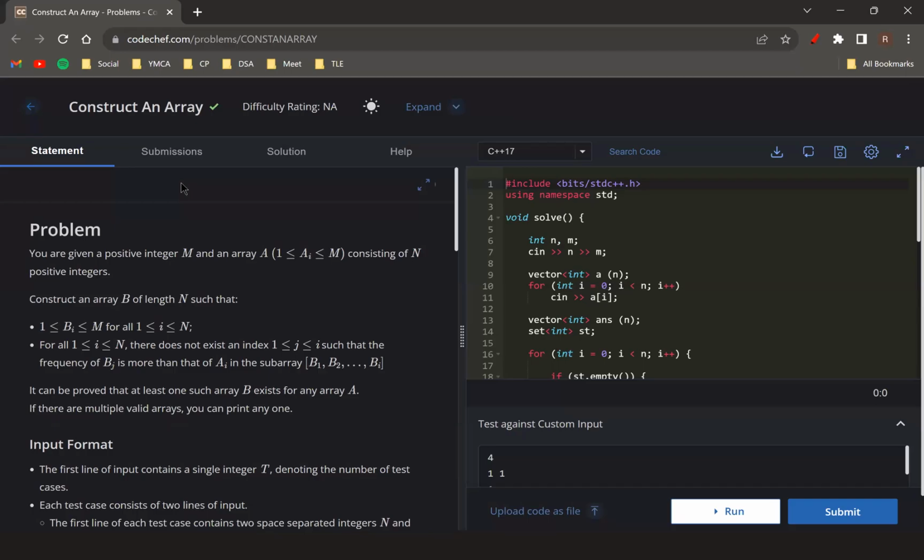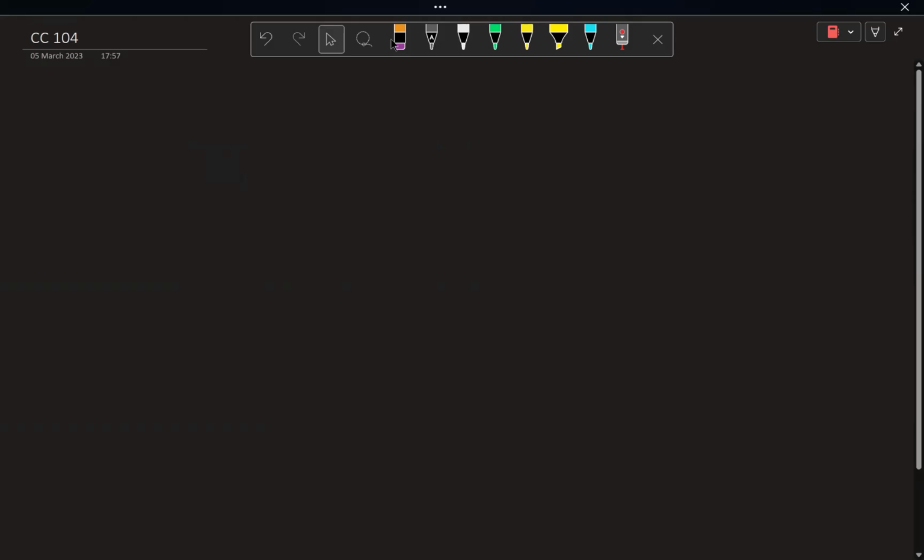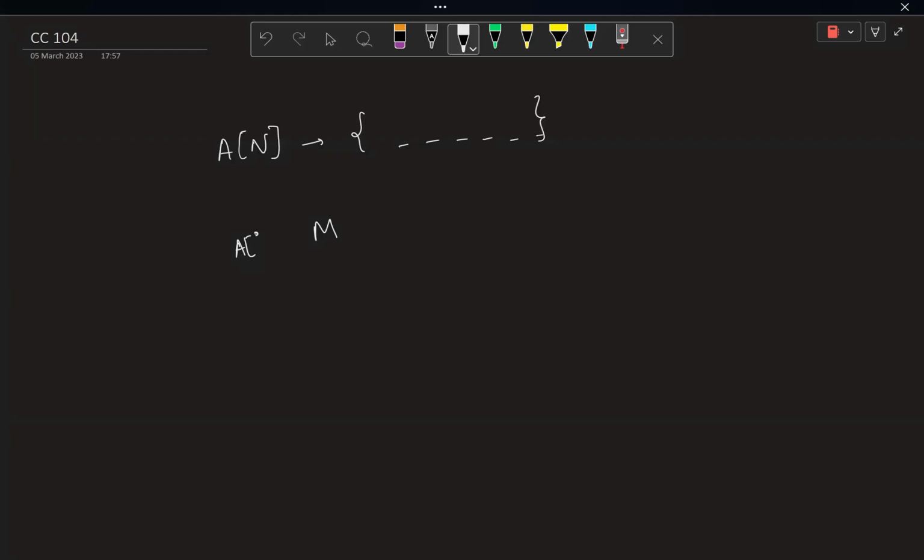So in the problem, we have been given an array A of size n. It will have numbers in the range from 1 to m. In this range, we have to create an array B of length n, such that